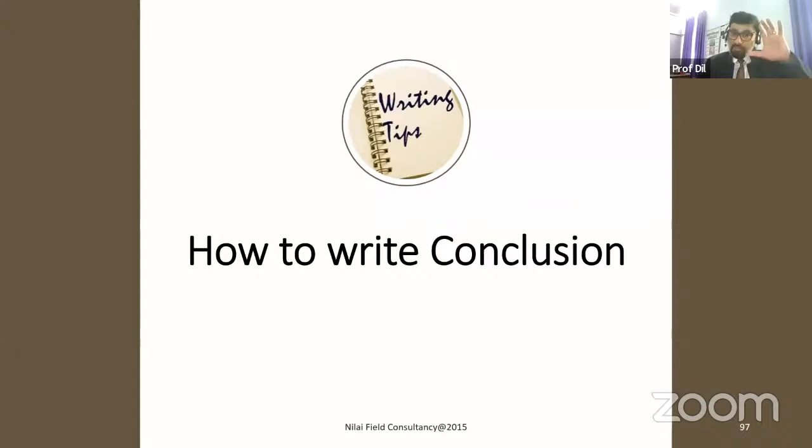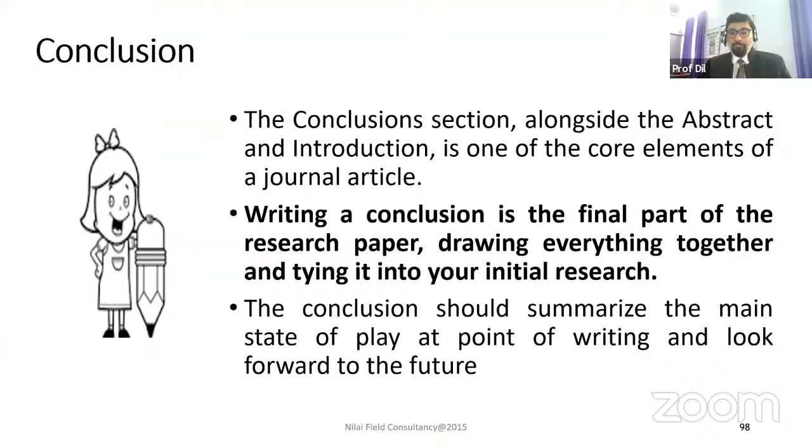In the abstract, all these things are already available, but don't try to repeat them. In the introduction portion, you are not declaring any results. You are not declaring any methods. Got it? That is the difference between abstract and introduction. But in the conclusion stage, what are the things to be there? These are the three areas we look at when we go through the review process.